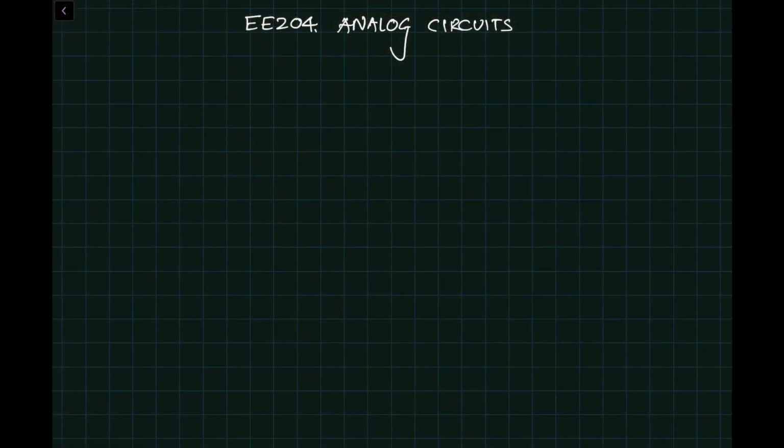After looking at the frequency response of an individual transistor, like a bipolar transistor or a MOSFET transistor, in this lecture we will be looking at the high frequency response of different stages that we have already looked at. For example, the first one we are going to look at is a common emitter or a common source stage. So let's draw the schematics first.